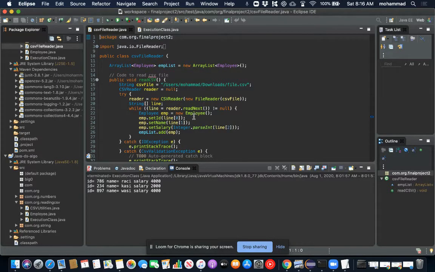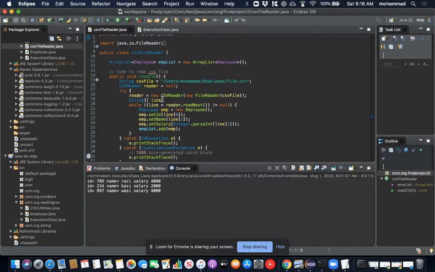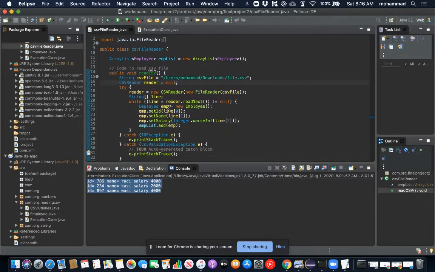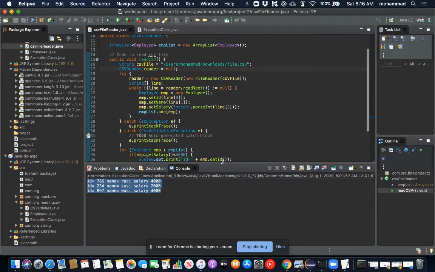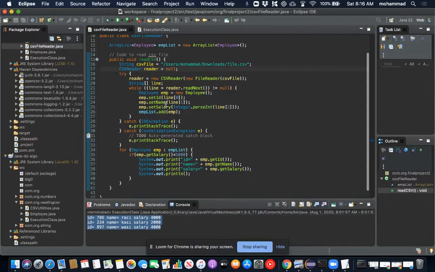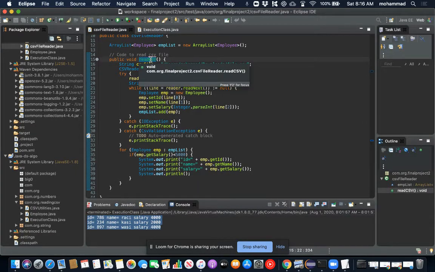In the last part, we did all the programming to find all the employee data whose salary is less than 5,000. But all of these things are done within one function. Look at it, one function. But according to Java coding standard, one function should do one task. Right now it is doing three: reading CSV, creating employee object, and then looping through the employee list object to look at the data whose salary is less than 5,000.